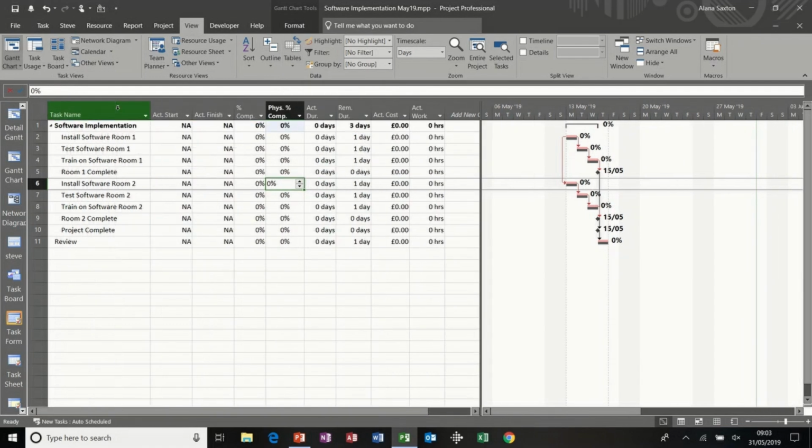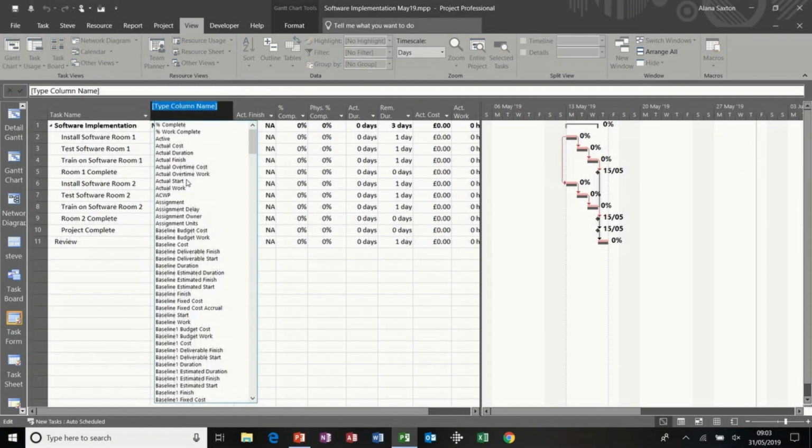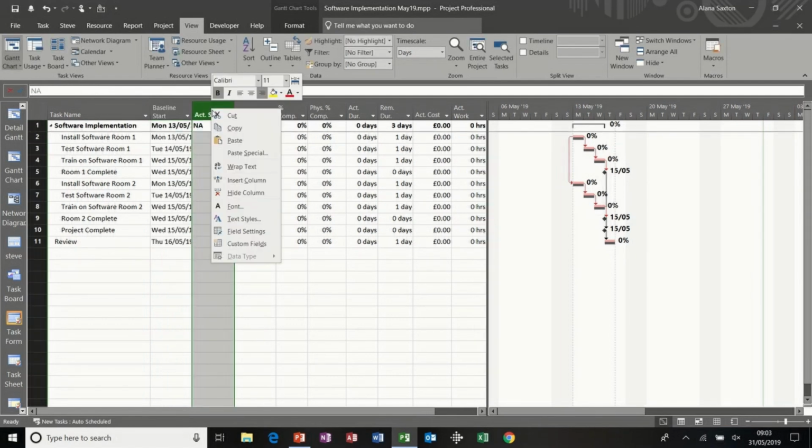Now, this isn't the only way that you can update a project plan, but it's the way that I teach in my classes, and I think it's great. Now we've got actual start and actual finish and actual duration and other fields that you can see there. I'm just going to add the baseline start field. So baseline start, so I know when it was planned to start, and baseline finish,